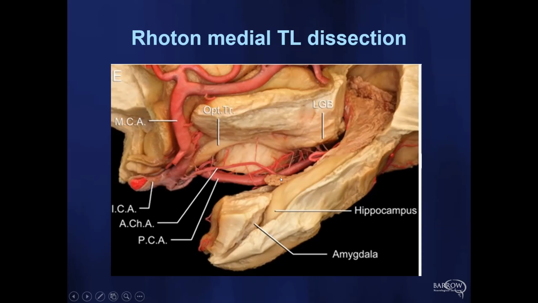And that's a real important key to doing this. And you never want to see this. Actually, you'll see in the videos that I show, you do see the optic tract above you through the pia. You don't want to see it exposed without the pia there to protect it, and that's one of the main goals of surgery. But the amygdala will come out first and expose the hippocampal head. The choroid plexus is right here. What I'll show is our friend to really guide us through the anatomy of the temporal lobe.